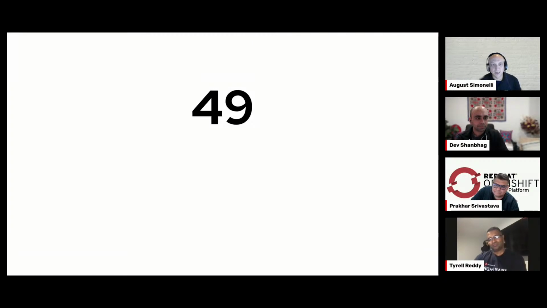So the first one is 49. This one jumped out to me. What is it? 49. Well, that's simple. That's the number of vulnerabilities that you say, from the study listed in the doc, are in the average application. 49. That's pretty rough. And you also mentioned that there are 80 direct dependencies in those applications, which is where you start to realize the complexity of what developers are dealing with when they're trying to actually create this stuff.